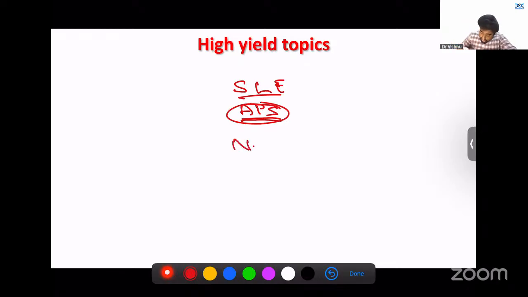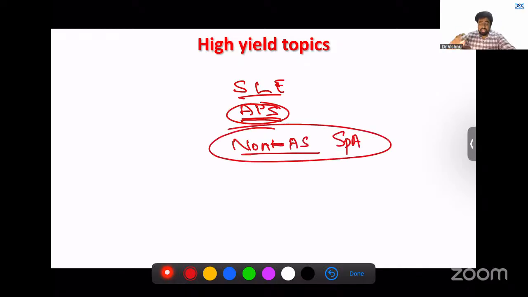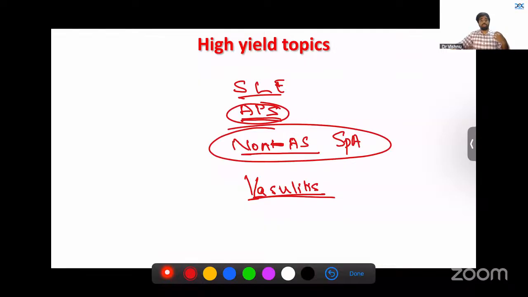Then some other thing that we saw is non-ankylosing spondylitis, spondyloarthropathies. This is important in your NEET assess, in your INI-SS also. This can be repeated. Then vasculitis, as we initially discussed, there has been at least one question every year. So if you are preparing for cardiology, neurology, you should consider at least one question coming from vasculitis, which is not a very big unit. Those 10 hours of lectures, you can definitely go through. You will 100% get one question.